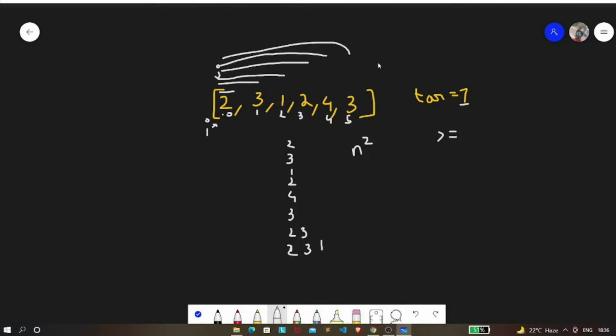Next, once we reach the end of the array, we are going to increment our i pointer to index 1, and our j pointer will be at index 1 too, right? At the very beginning, our j will always be equal to our i pointer. Then we check this subarray, this subarray, this subarray, this subarray, and finally this subarray, right? So the number of operations we are performing over here is n square, and hence the time complexity for this algorithm is n square.